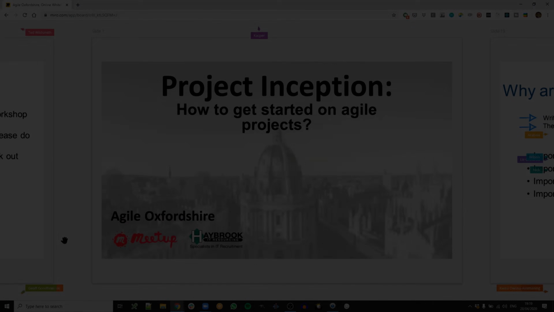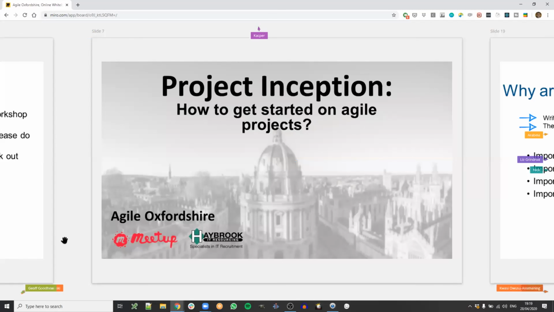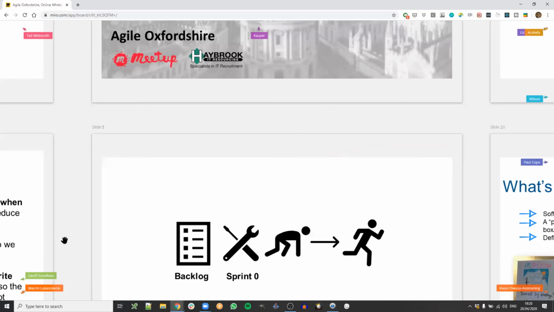So the topic for tonight was what I often call project inception. It's a bit of a funky word, but really it's how to get started on projects, right? I've got a little bit of a presentation first, and then some activities that we can go through and discuss. But just to introduce the topic, as an opener for the session, just to get you in the mood of what it is that I'm actually talking about here. I have a little presentation for you.